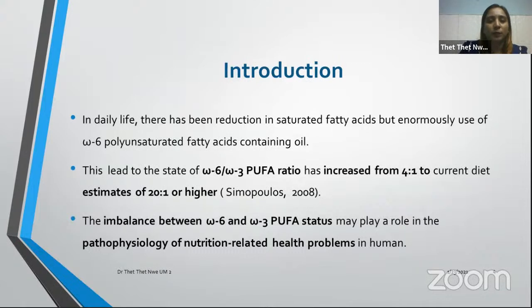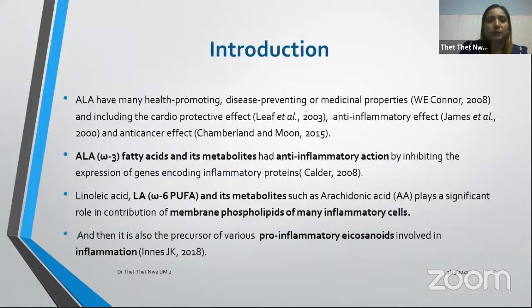The imbalance between omega-6 and omega-3 PUFA may play a role in the pathophysiology of nutrition-related health diseases in humans. ALA has many health-promoting, disease-preventing or medicinal properties. It also has cardioprotective, anti-inflammatory, and anti-cancer effects. ALA, omega-3 PUFA, and its metabolites have anti-inflammatory action because they can inhibit the expression of genes encoding inflammatory